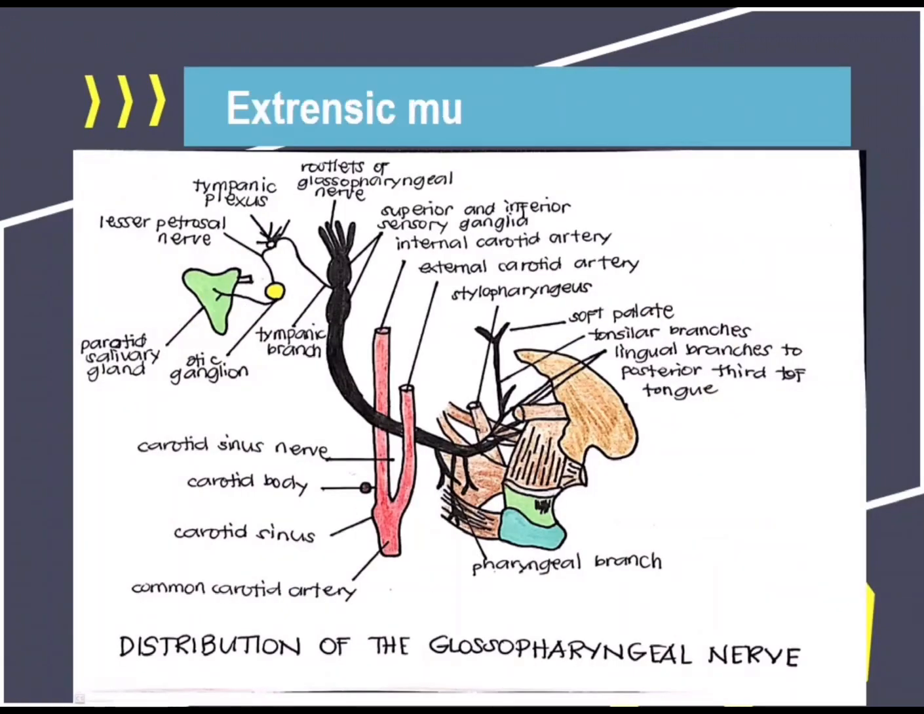This is the distribution of the glossopharyngeal nerve. First, we can see the parotid salivary gland, then the otic ganglion, tympanic branch, the lesser petrosal nerve, tympanic plexus, rootlets of glossopharyngeal nerve, superior and inferior sensory ganglia, internal carotid artery, external carotid artery, stylopharyngeus, soft palate, tonsillar branches, lingual branches of the posterior third of the